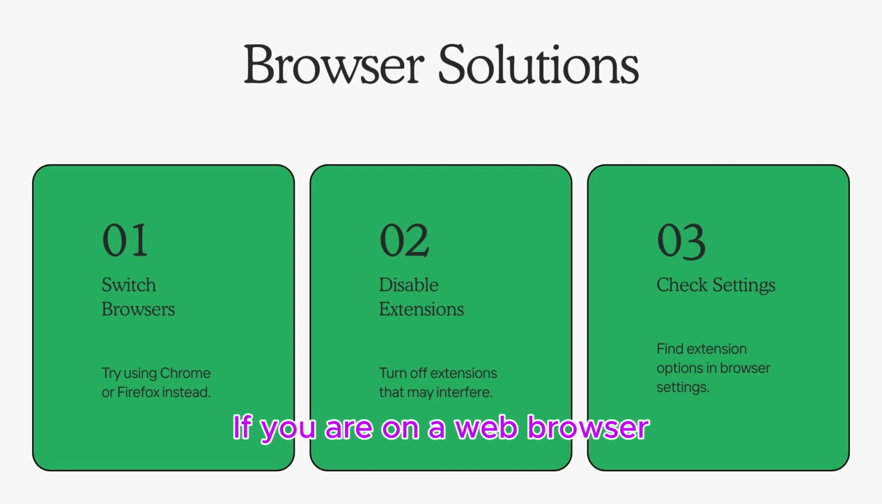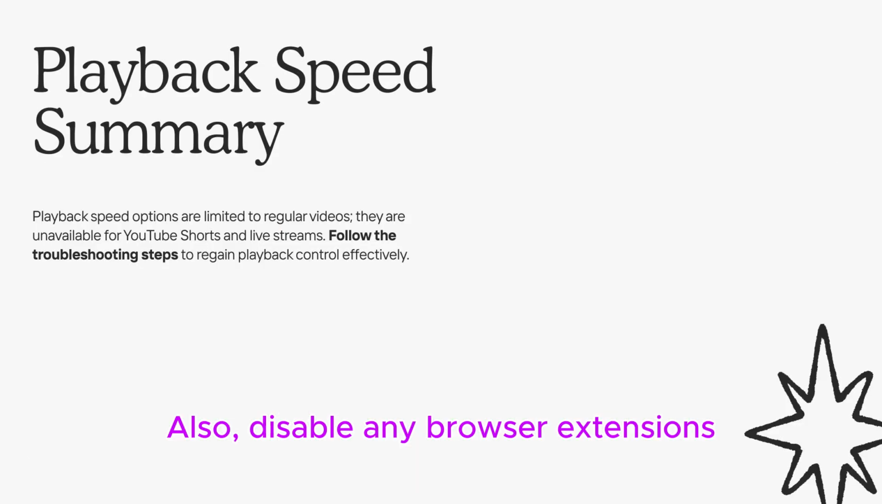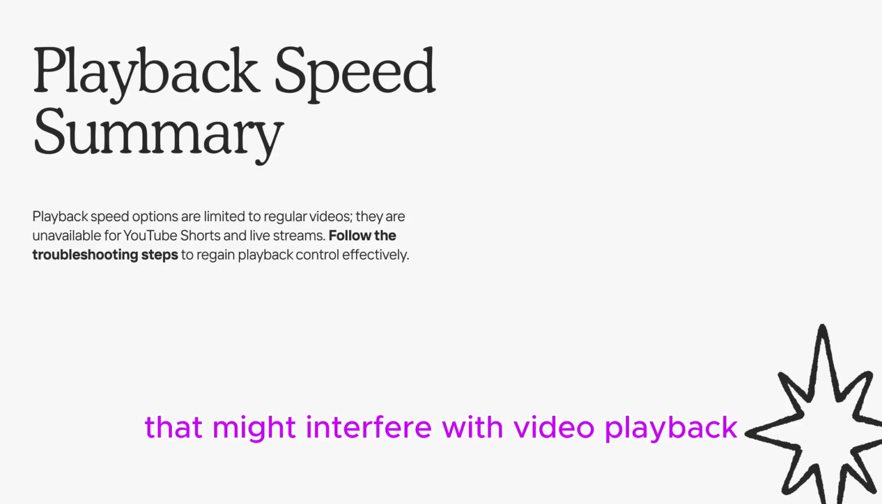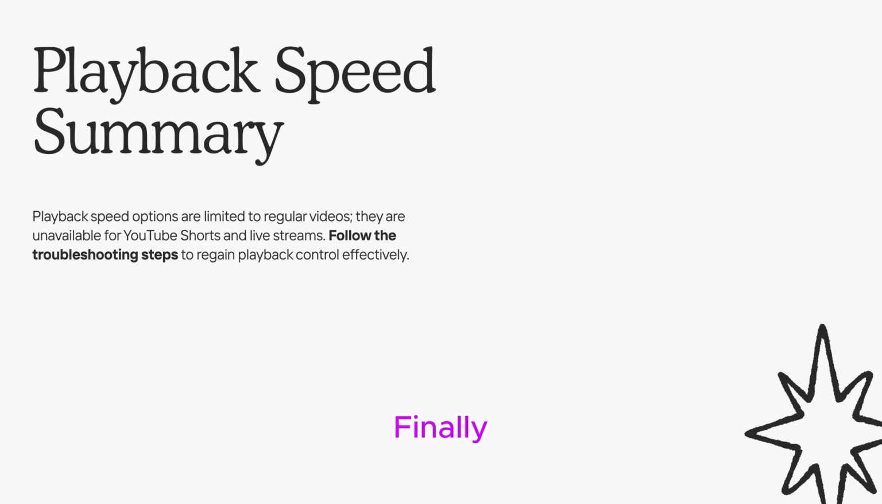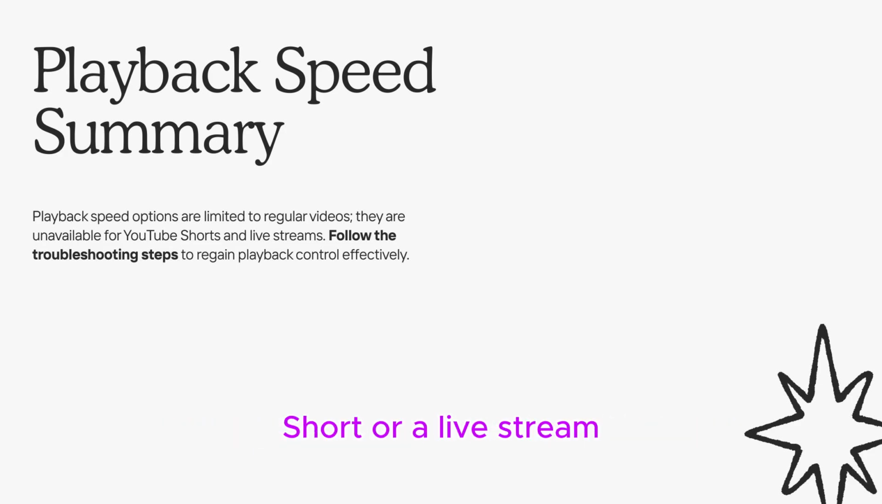If you are on a web browser, try a different browser like Chrome or Firefox. Also, disable any browser extensions that might interfere with video playback. Finally, ensure you are not watching a YouTube short or a live stream, as playback speed options are not available